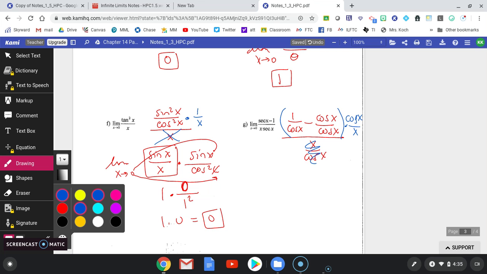And that's really nice because that's outside the parentheses. So it gets me some things to cancel, right? Take a look. I have 1 minus cosine inside the parentheses. So then that goes and cancels that cosine. I have that memorized piece. This is the limit as x approaches 0 of 1 minus cosine x over x, which is in